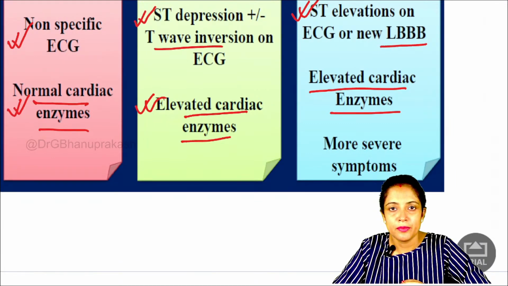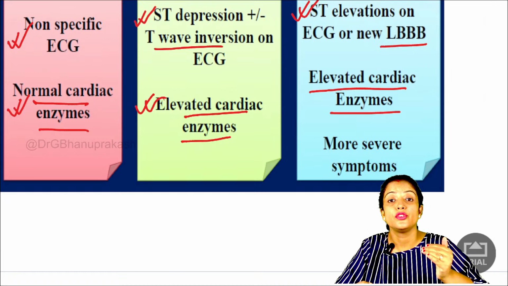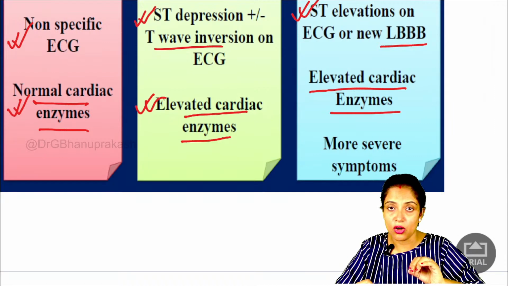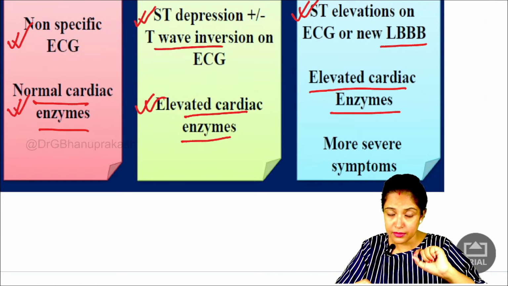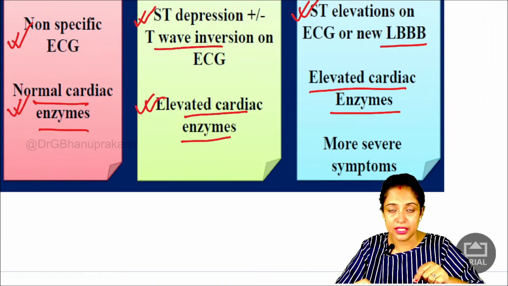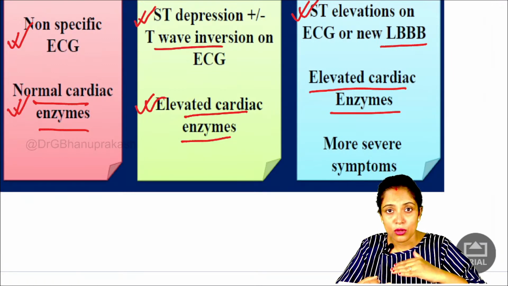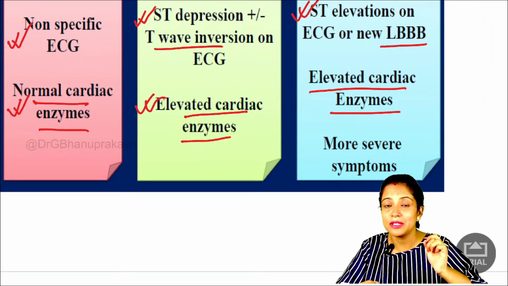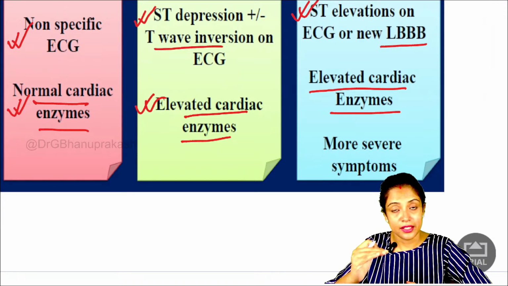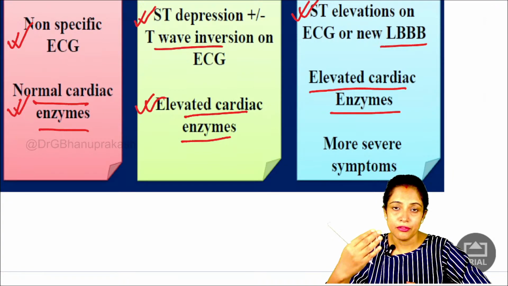But I just want to mention that these days the incidence of unstable angina is reducing and the incidence of NSTEMI is increasing. Why so? Because these days we have a highly sensitive investigation. Because of the highly sensitive troponin, many of the unstable angina cases are diagnosed as NSTEMI because it is so sensitive, it detects a minimal amount of myocardial necrosis. That is why the incidence of unstable angina is coming down and the incidence of NSTEMI is going up.